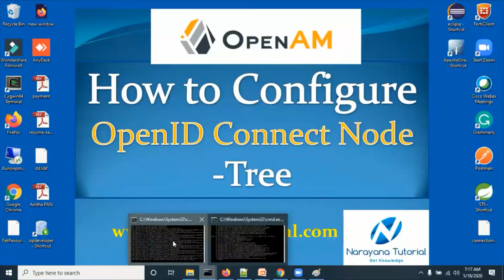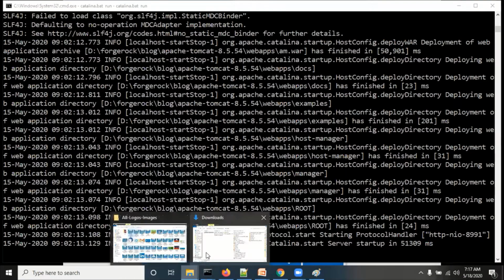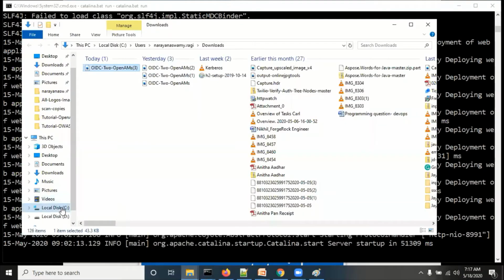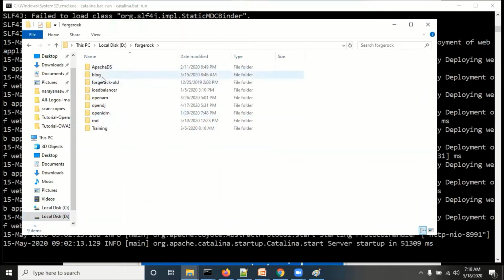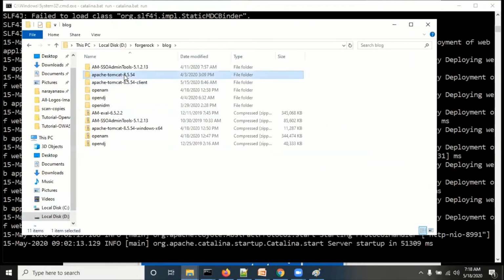See here, we have two Tomcats. This is the IDP server Tomcat and this is the client application Tomcat.